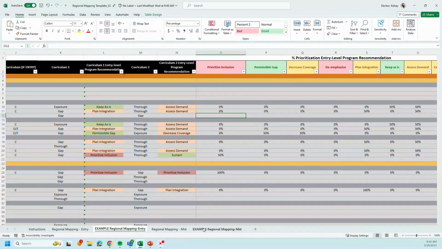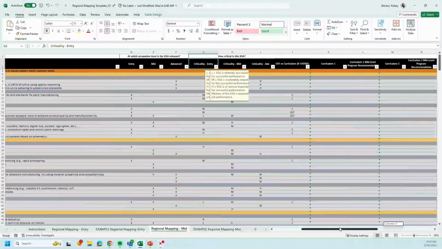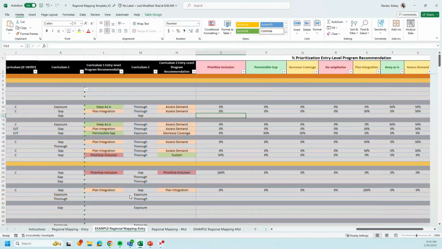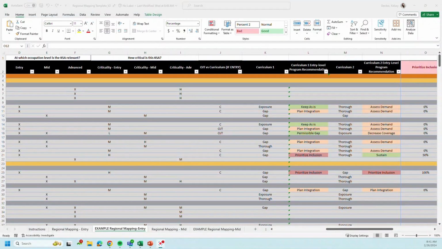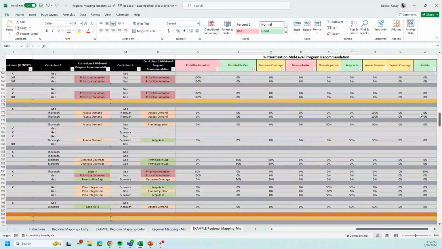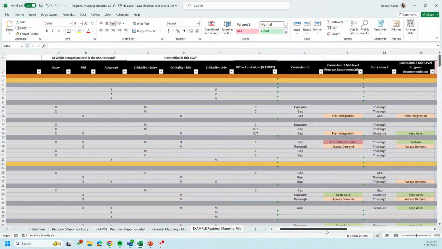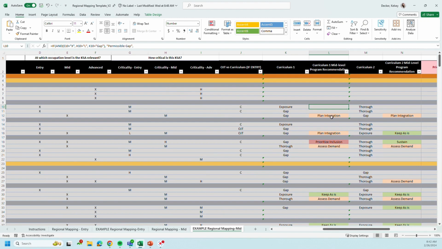All right, and so like I said, the mid-level tab is very similar. All of the information that you populated within this entry-level tab will auto-populate in. So as you can see, for curriculum 1 in the entry-level tab, we have the exposure and thorough coverage at the KSA that we've been referencing. So if I go back through to the mid-level tab, I should see exposure and thorough coverage for the same line here. The main difference is now within the next column over, we're referencing that mid-level criticality,